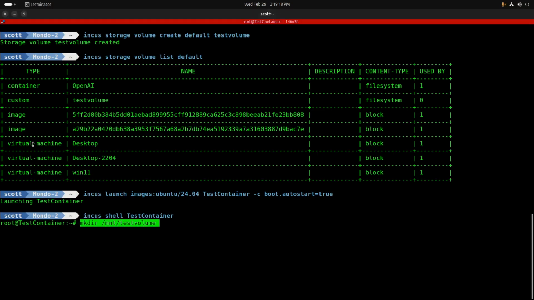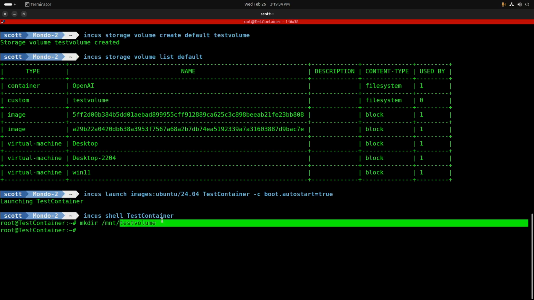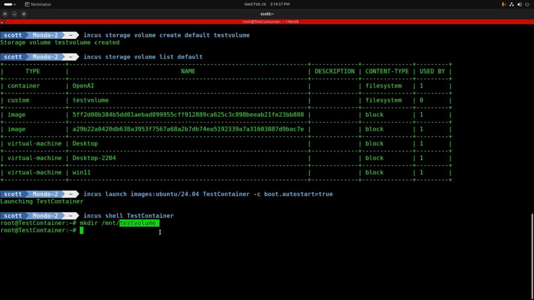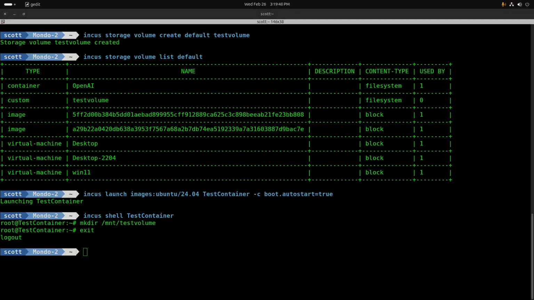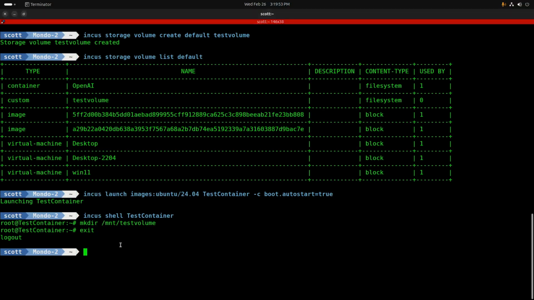So I'm going to go ahead and create a folder with the mkdir /mnt/test-volume. So this does not attach the test volume to that location. It's just that for good documentation, I went ahead and created a folder named test volume. Now I can exit out of the test container and go back to the Incus server level. And the command that we can use in order to attach our test volume to our container named test container is